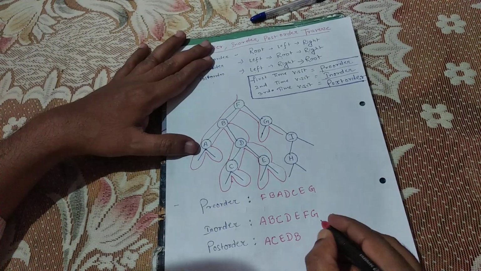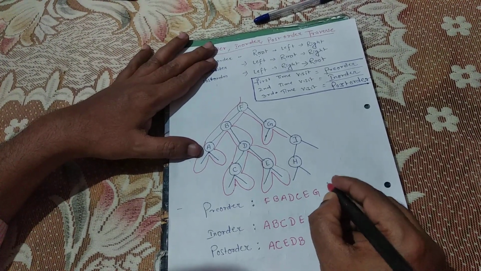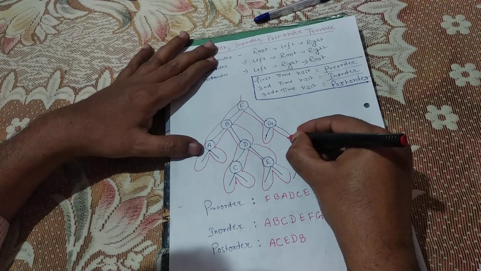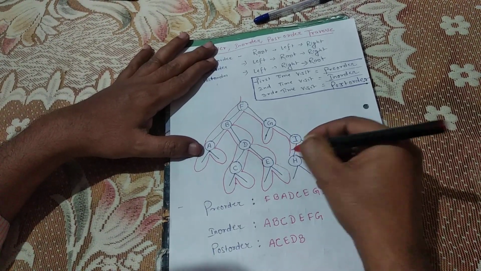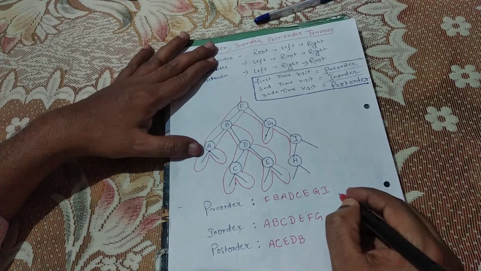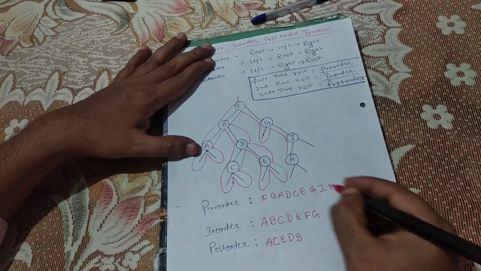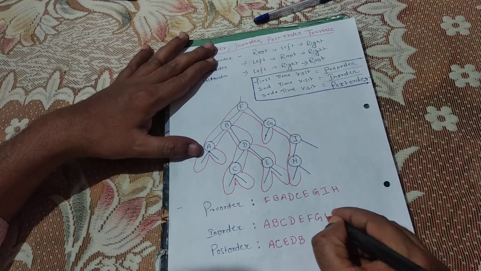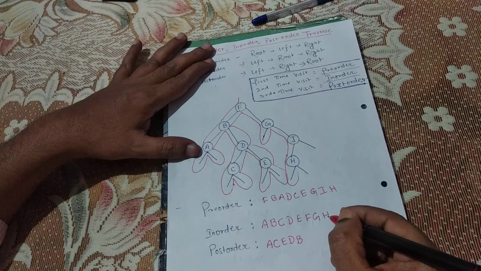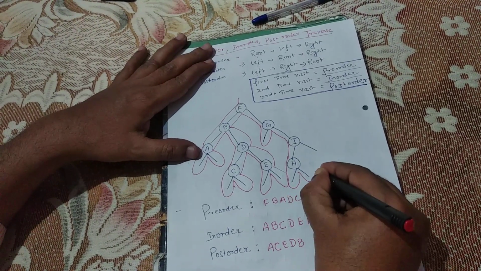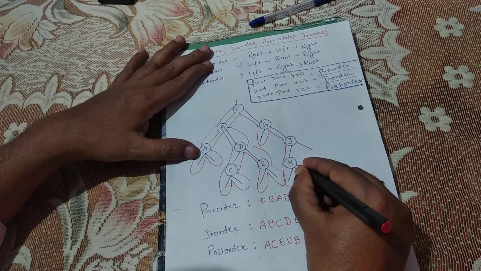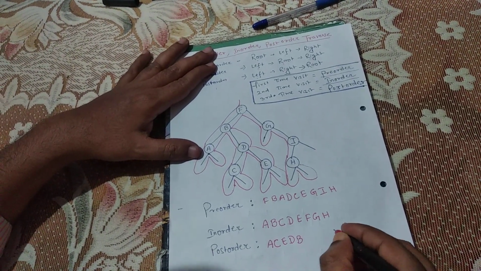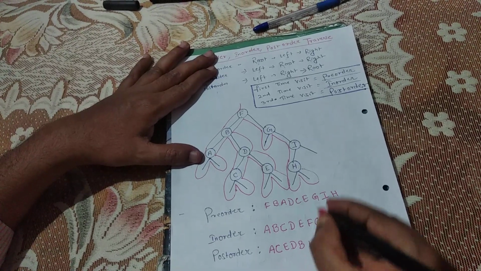Now I has to be visited the first time, right here I. Now H will be visited the first time, so right here H. Again H will be visited the second time, so right here H in in-order. Again H will be visited the third time, so write here, third time, write here H in post-order.